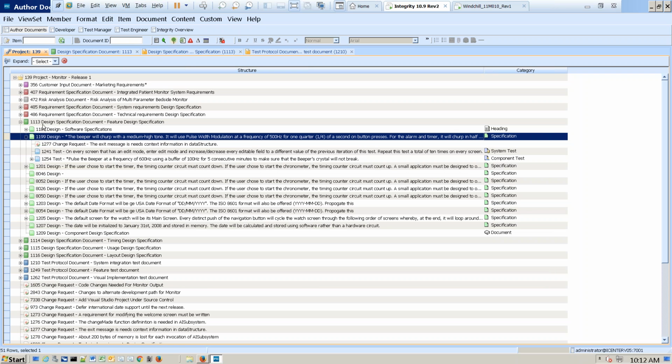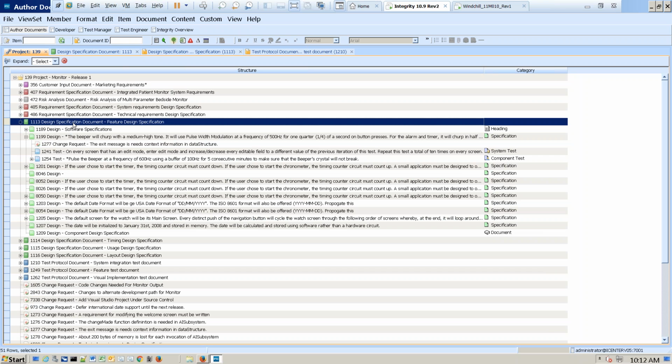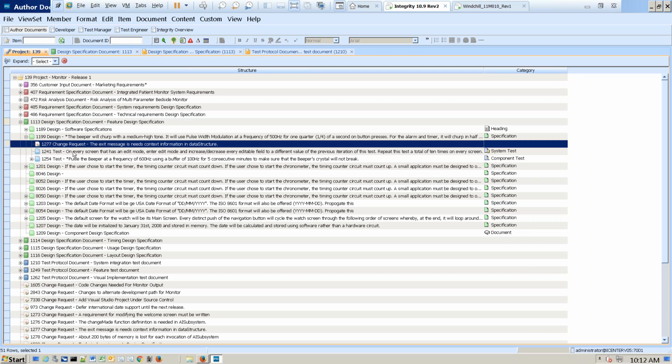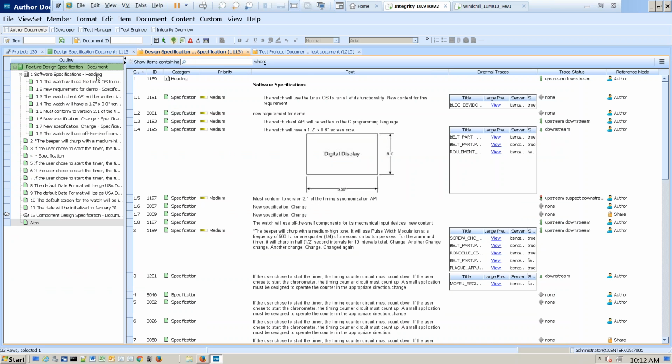So I've got a couple of documents open here. You can see I'm looking at this design specification document. I can see that document has some content. There are change requests against some of those documents, and there are test cases related to some of those specifications. So this is the item view and what that looks like, but we can also look at this in a document-centric view. So if I look at my design specification document,